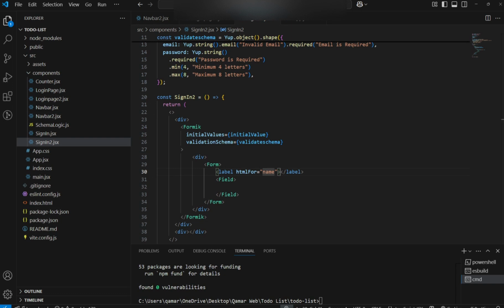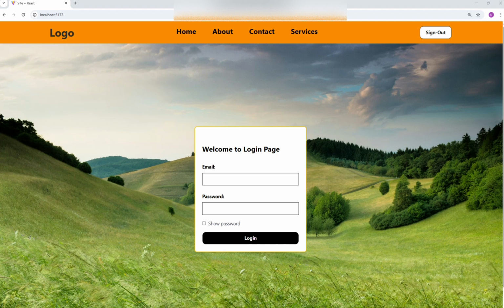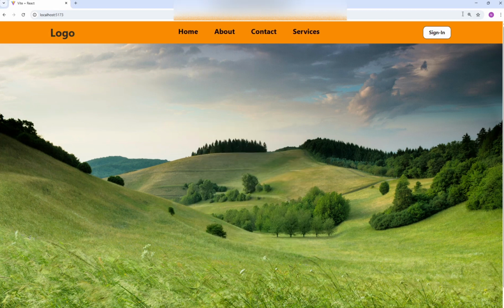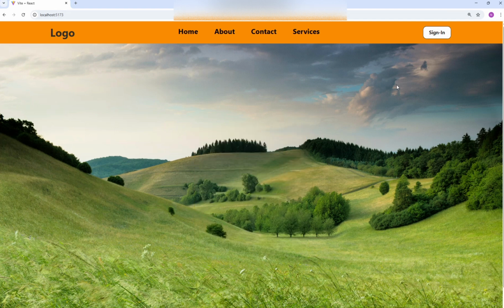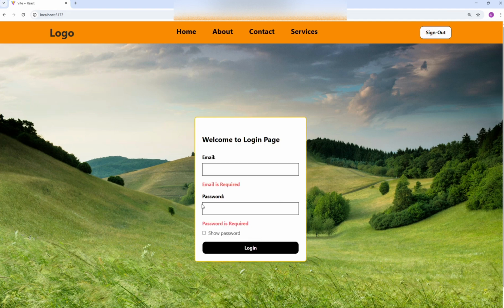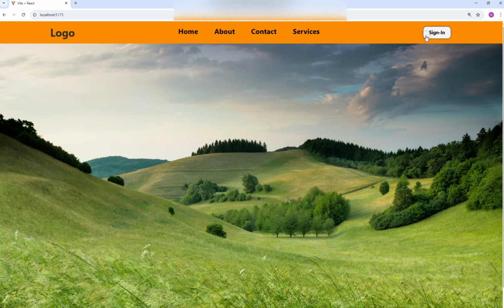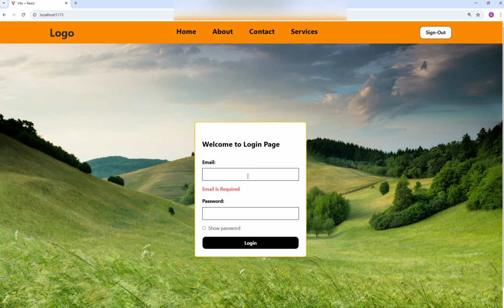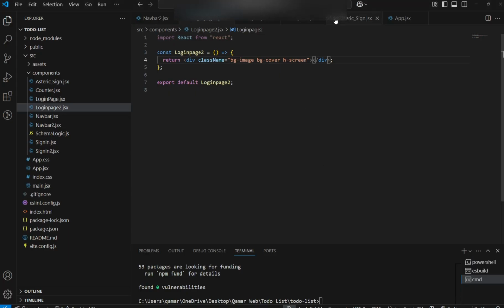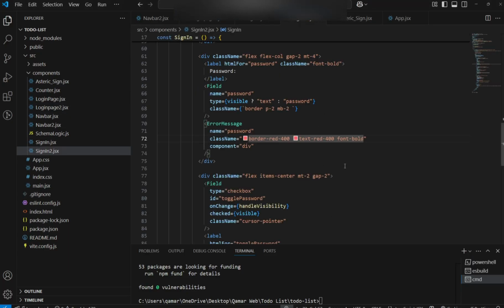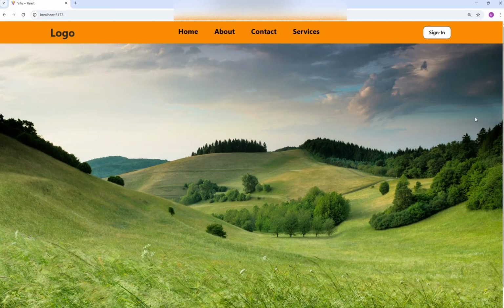The final part is implemented as a toggle menu on the sign in button. When you click on sign in, it turns into sign out, and when sign in is clicked, the form is visible, and on sign out click, the form is hidden. Now on click of the login button, the error messages are triggered, as well as when we touch a field and focus out without entering anything, then the error is also triggered. So now quickly look at the code. I will just fix one thing.